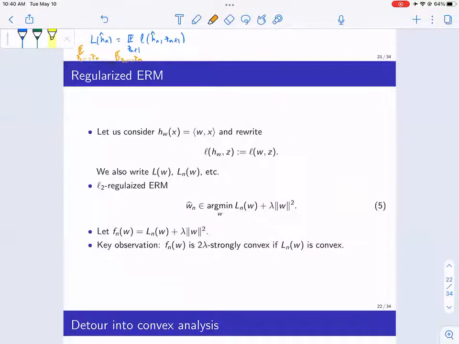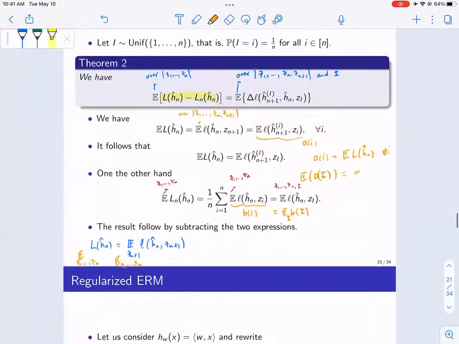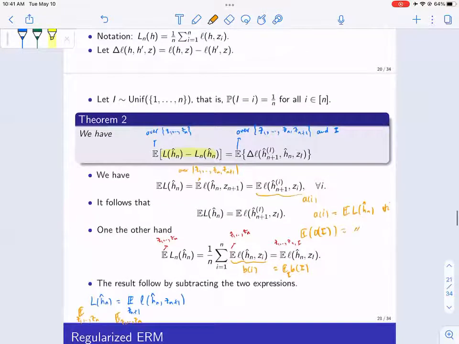So consider, again, the setting that we had. Now h_w is a linear function. Our loss is written again in w, z. And then I'm going to look at the ERM now. And to be honest, this,